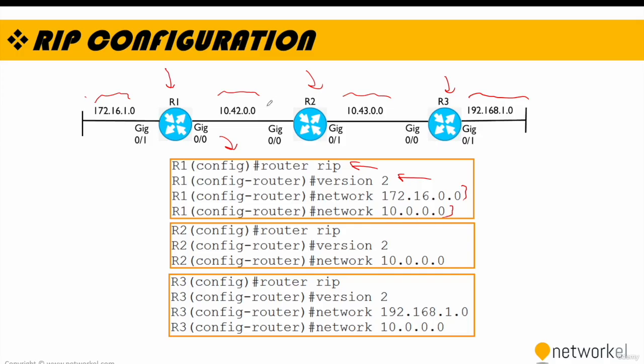Think like this is using a /8 subnet mask. This is using a /16 subnet mask. Okay, so on the other hand, for router 2, it is only connected to this network and this network, which means it will be enough to just type 10.0.0.0, because this 10.0.0.0/8